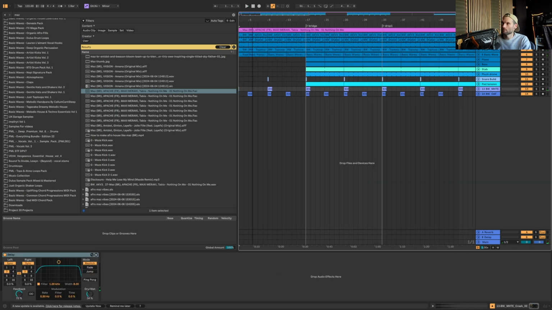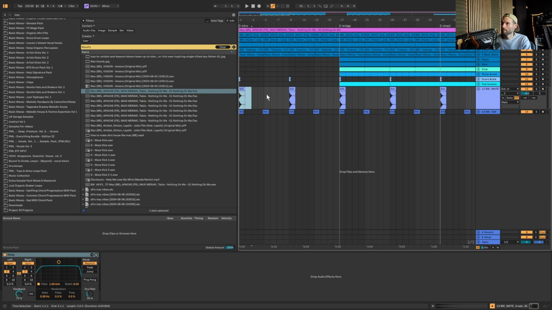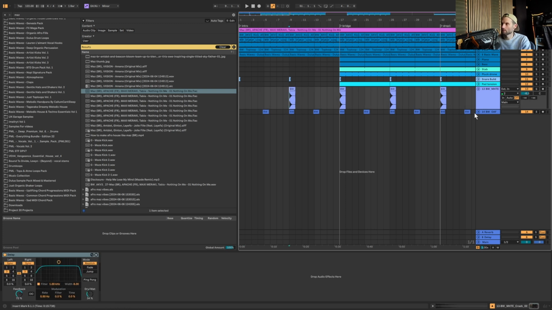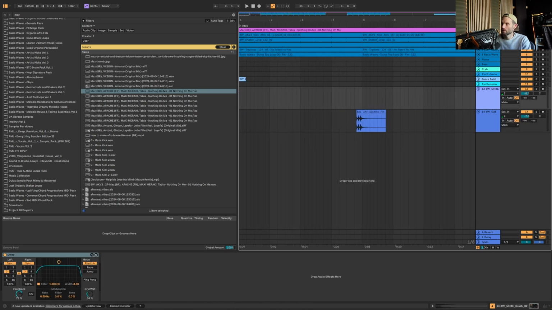And I'm also going to remove the crash here. Oh yeah, got a little snare fill thingy there. I mean, not a snare fill, what is that again? That is a djembe fill from